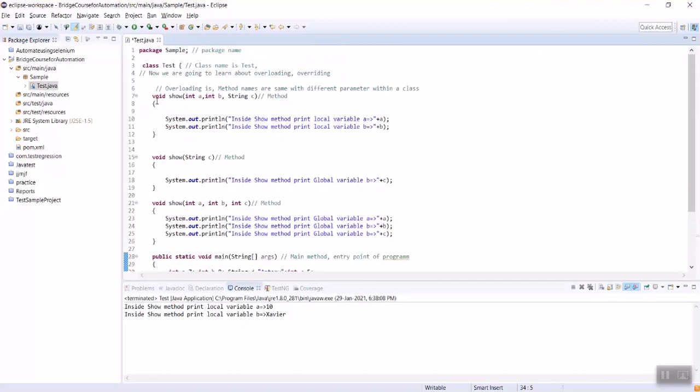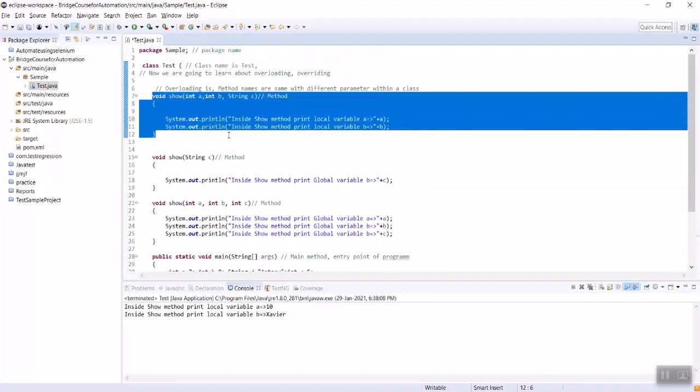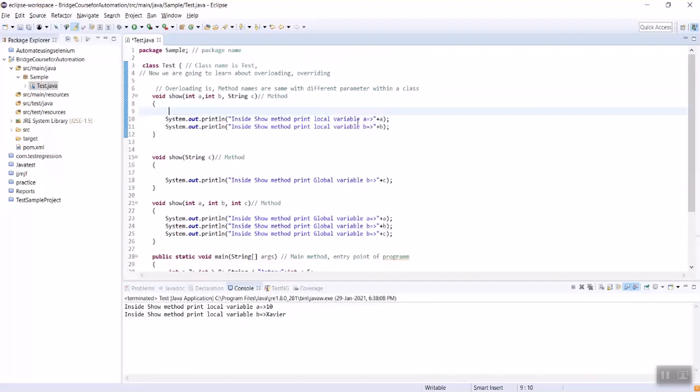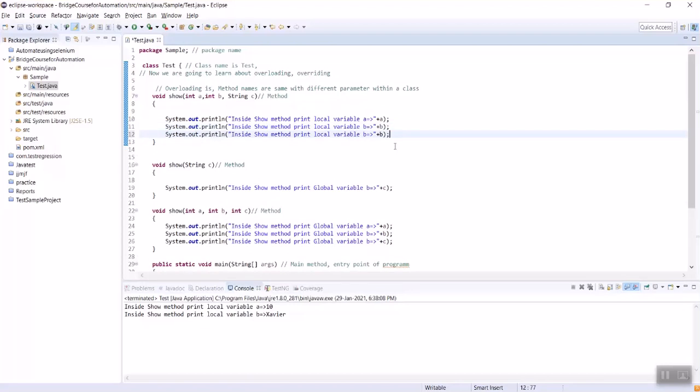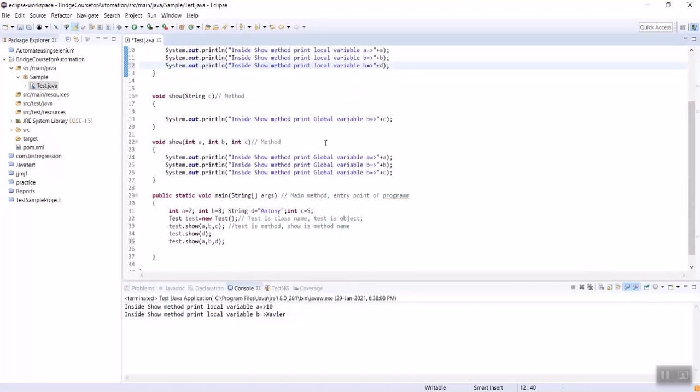It will reach line number 7, then line number 8 to 11 will be called. Then it will print the parameter values received from the arguments. A, B, D will be printed.